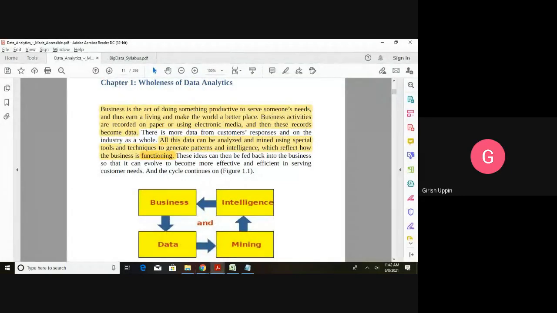So it depends on the size of the business. Either it is recorded on paper or it can be recorded on electronic media, such as computers. Whatever recording is done, that record becomes the data. A good example is when you go to any of these big retail shops, whenever they scan the items, everything is getting recorded. When they generate a bill, that data is stored in the databases, and that data can be used for